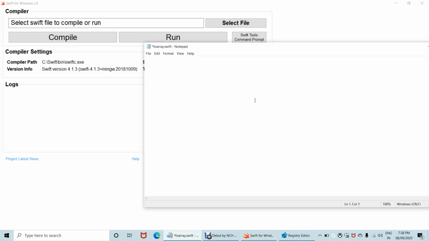Now we'll see how you can use a for loop in Swift programming. You all are aware of what a looping statement is: we have to execute a statement or a set of statements again and again. We use a looping statement in any programming language. As in other programming languages, we do have a for loop here in Swift as well, and it has a similar syntax.